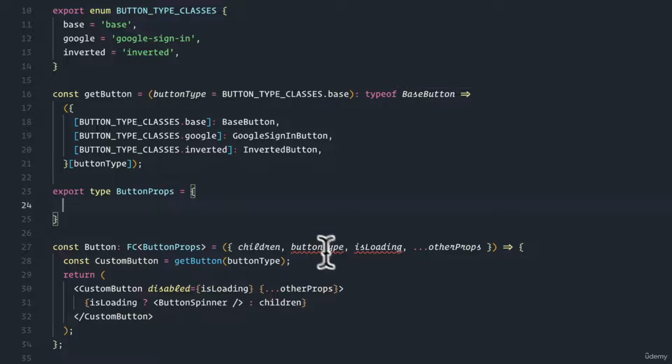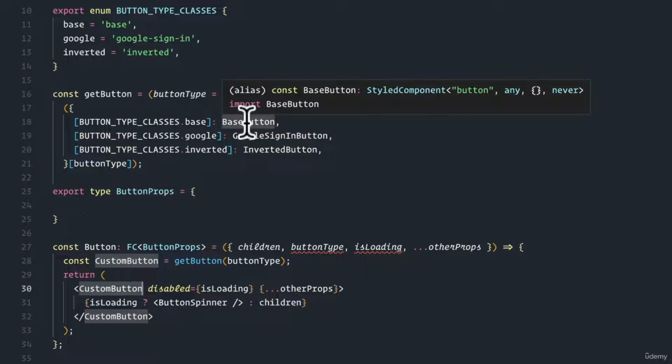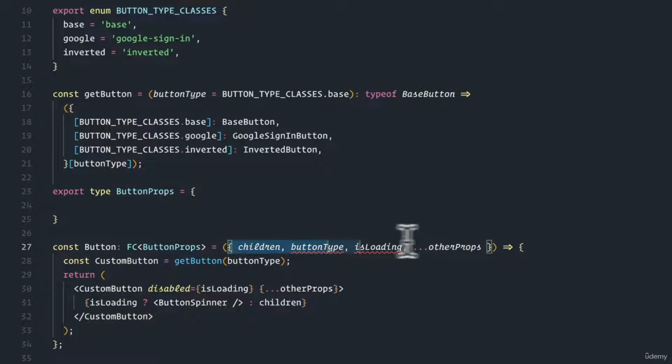What we do need to add is button type and is loading, but also the fact that all of the other props that we might spread onto custom button here are going to be part of just a button. Remember, we are extending on the base type of styled component.button, which is just a React button. So we want all of those button props as part of the signature that we accept as props on this component. So we'll first define the props that we have unique to our button, which is really just this button type that derives which of these button styles you want, and then is loading, which determines whether to show the spinner